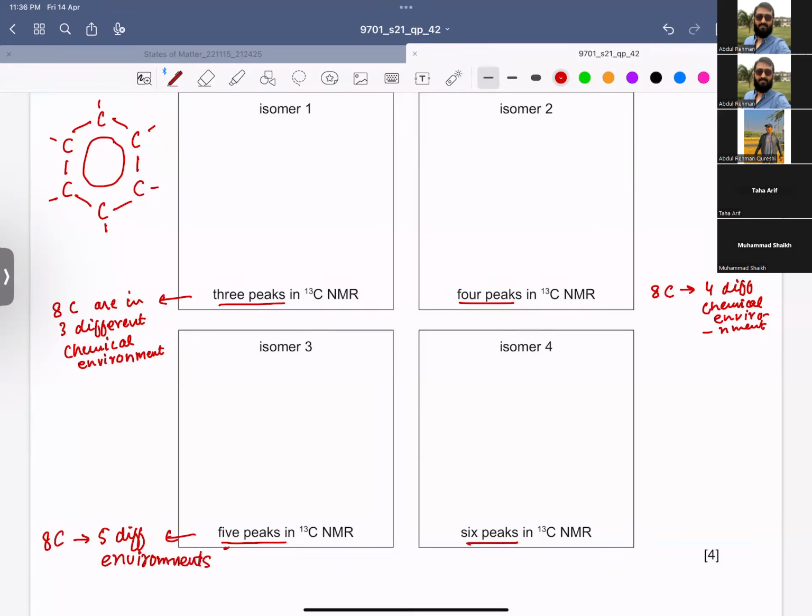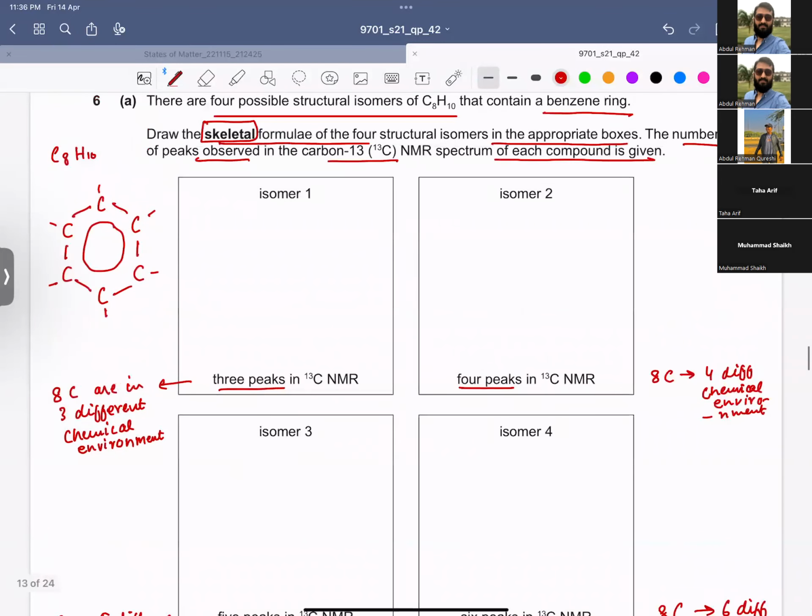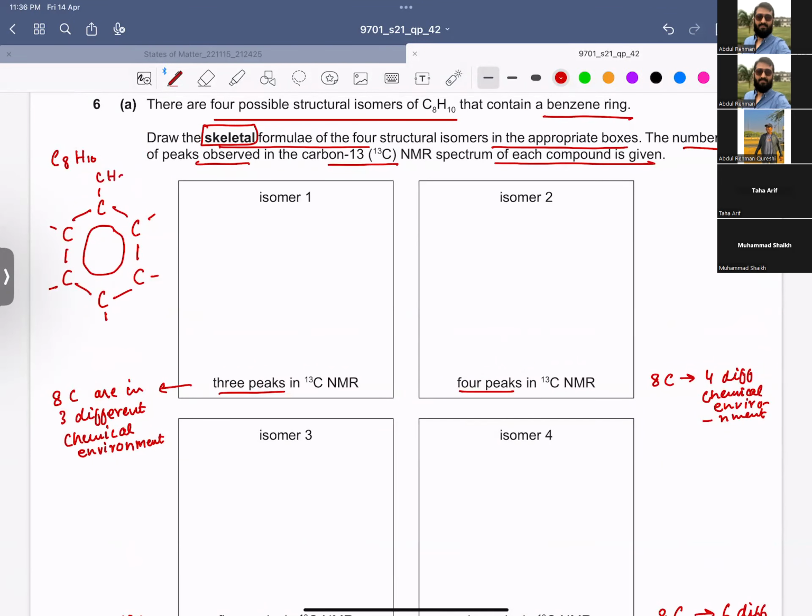And 6 peaks means 8 carbons and 6 different environments. Okay. So if I put a CH3 over here, and if I put a CH3 over here, so the